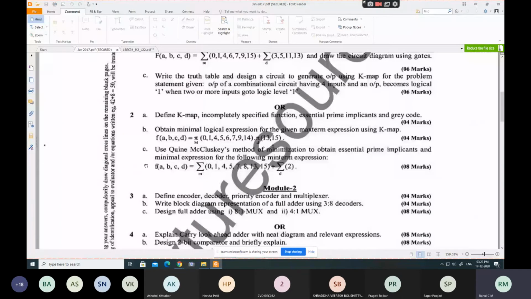Correct, Sagar? Yes, sir. Functions which are taking arbitrary value, where the system output is not defined and the system can take any value between 0 and 1, I declare that function to be an incompletely specified function. I usually call them don't cares. Is it fine? Yes, sir. K-map then.